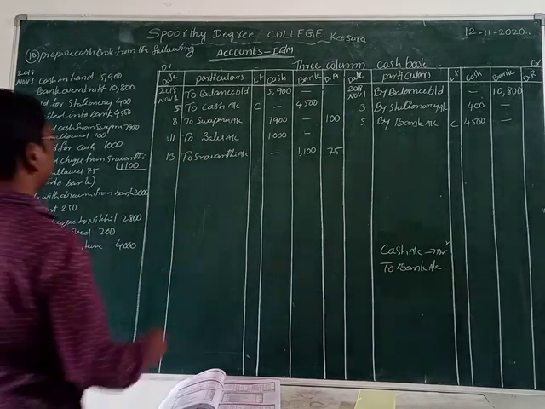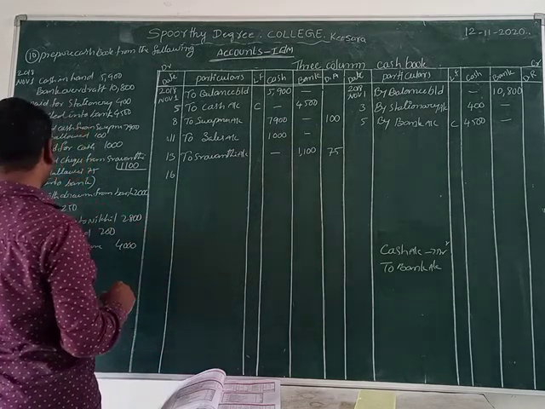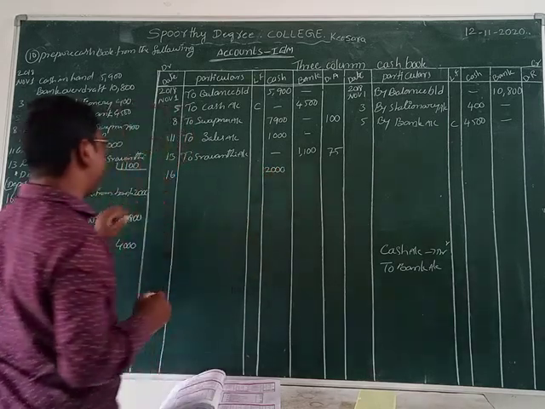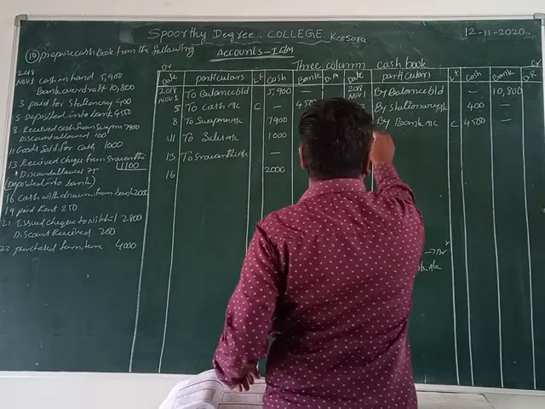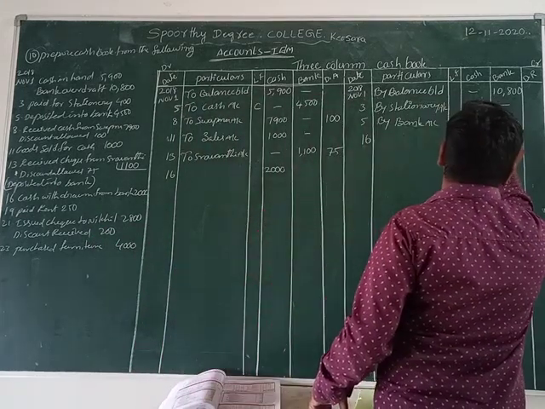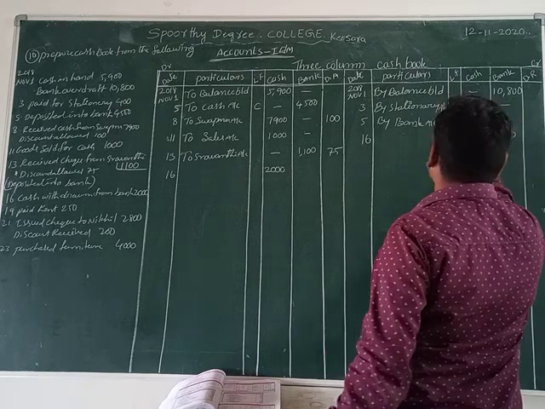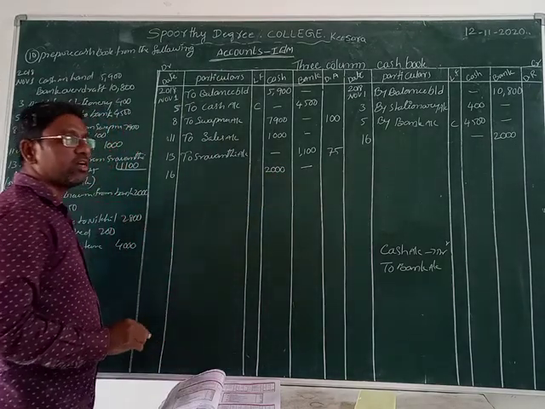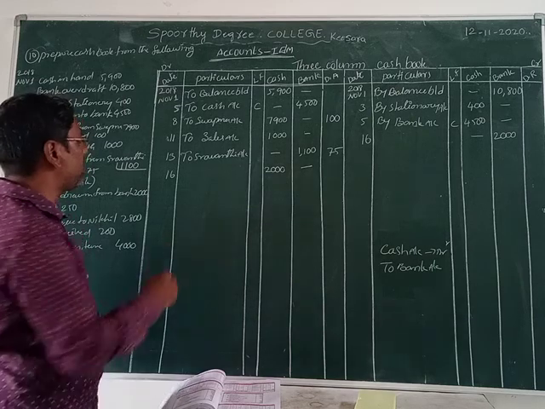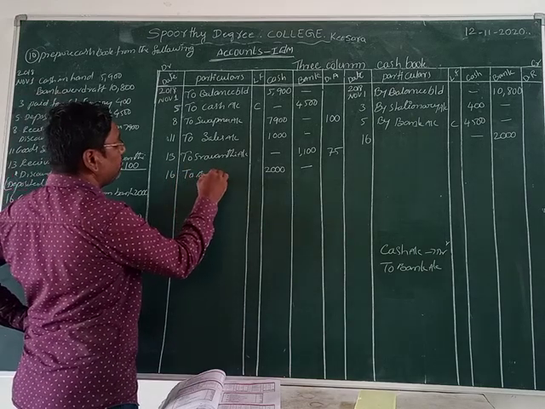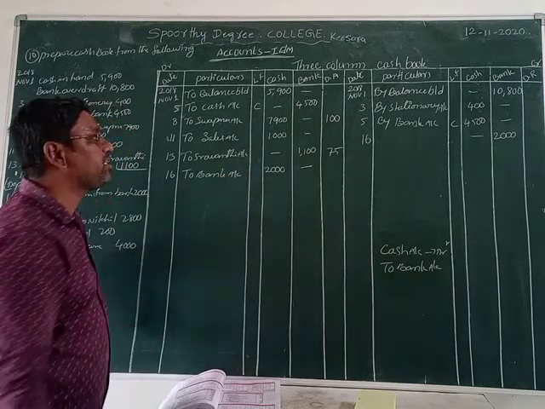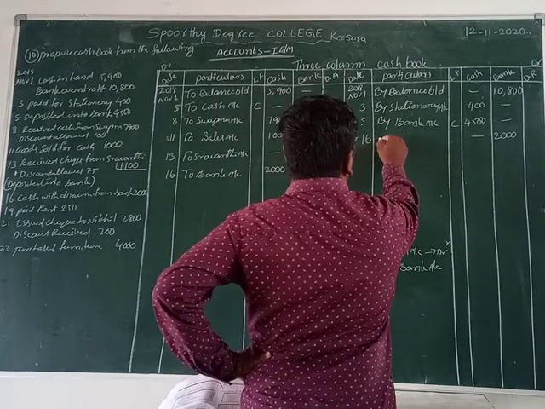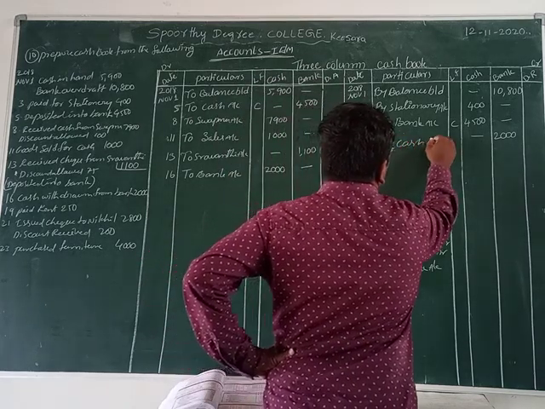What is the date? That date is 16. So cash is debit, then we record in the debit column. Cash amount 2000 rupees. Bank is credit, we record in the credit column. Bank has 2000 rupees. How can we record that? We record in the cash column. In the cash account we don't write cash. What do we write now? To bank account. Write down to bank account. In the bank account, we don't write bank. What do we write now? By cash. Let us write down by cash account.